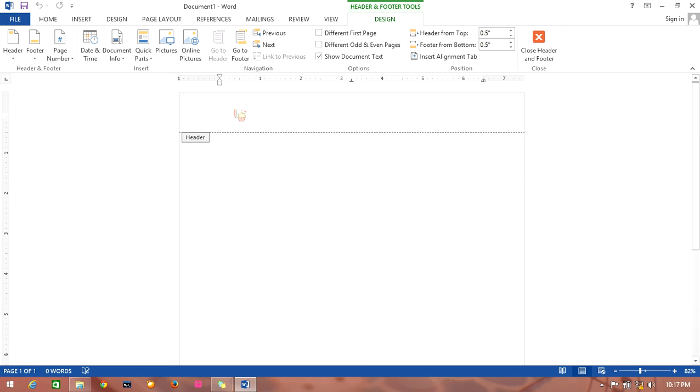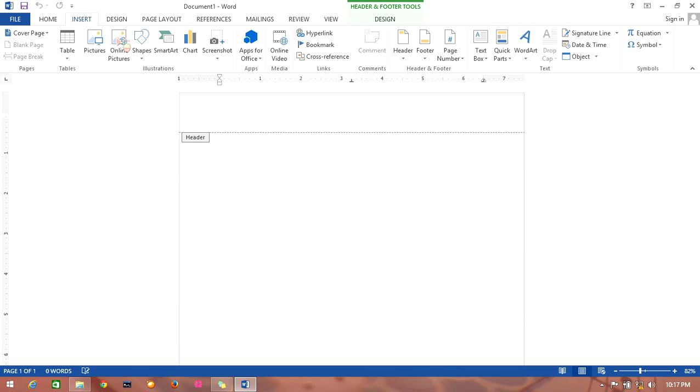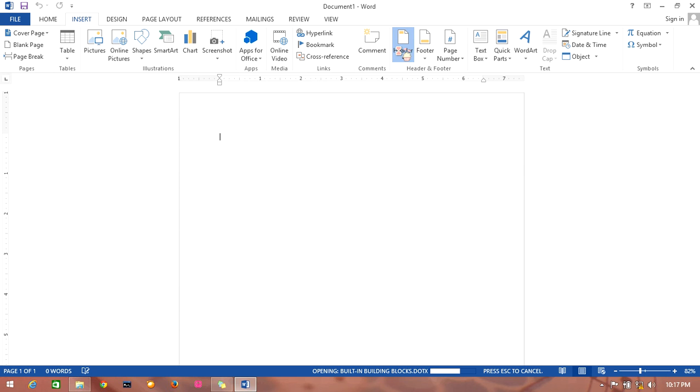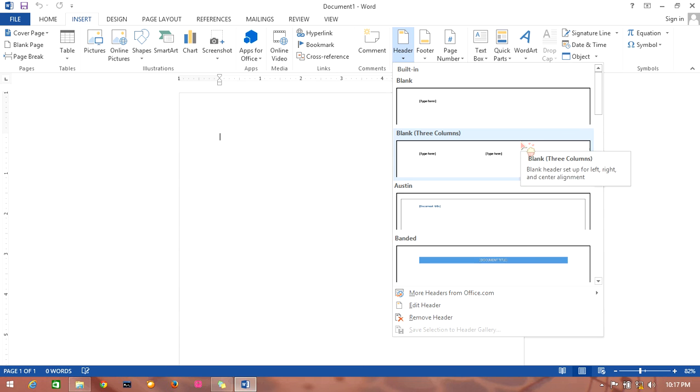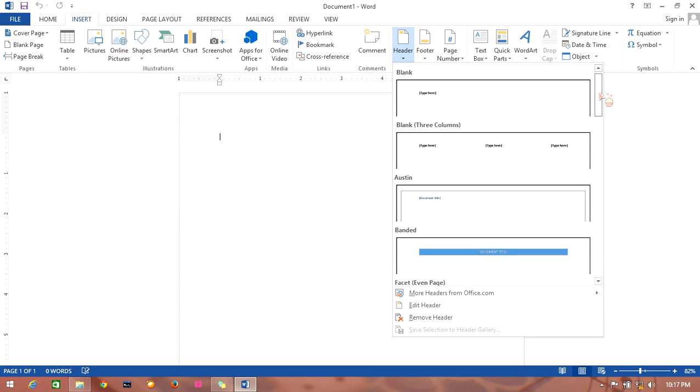Or the more basic way, go to this Insert tab, and go to the Header and click it. There are many options to choose for more unique formats, and scroll down.